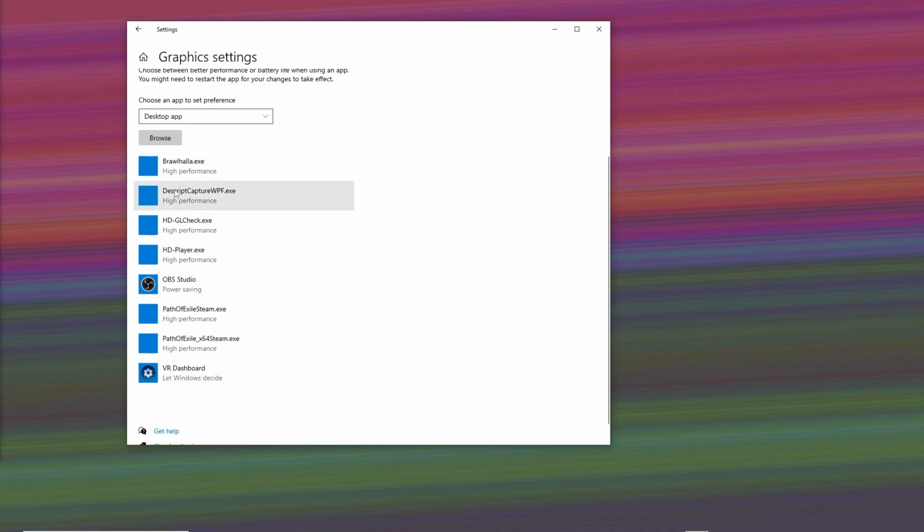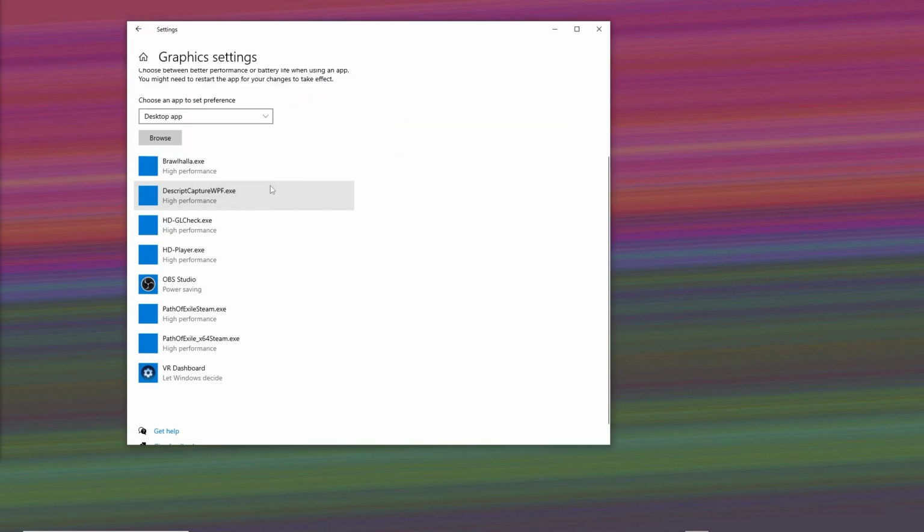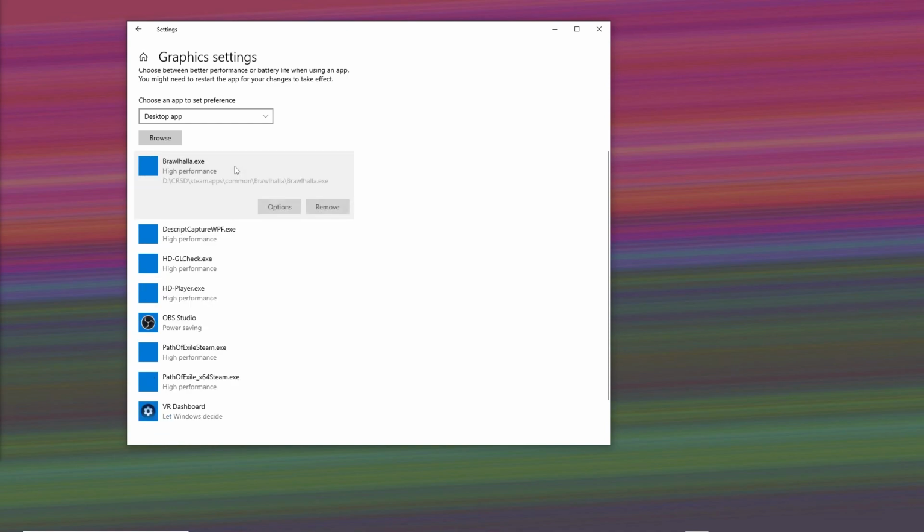Let's head down here, and here we will see a short list of games. If you do not see your game, you're going to press on browse right here. Go into your file explorer and locate the video game that you'd like to add. But once you have your game located and added to this, we're going to go to any one of these